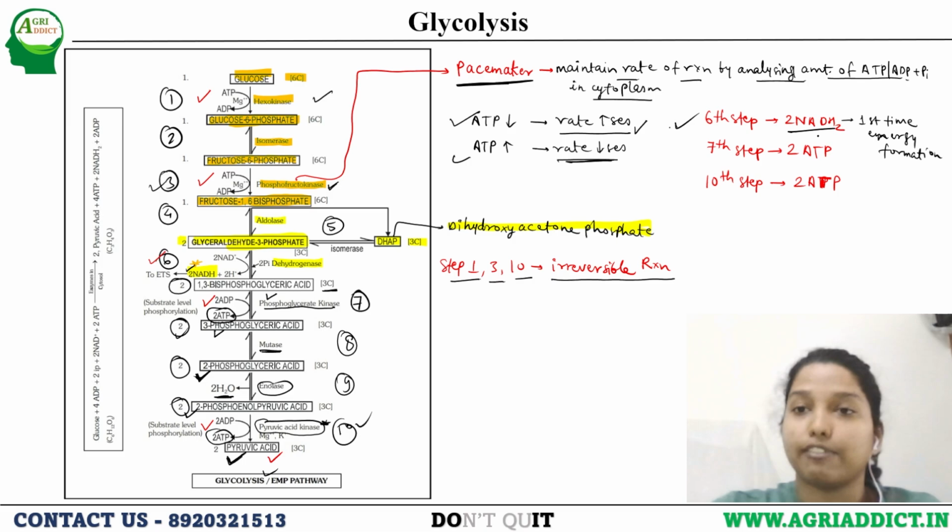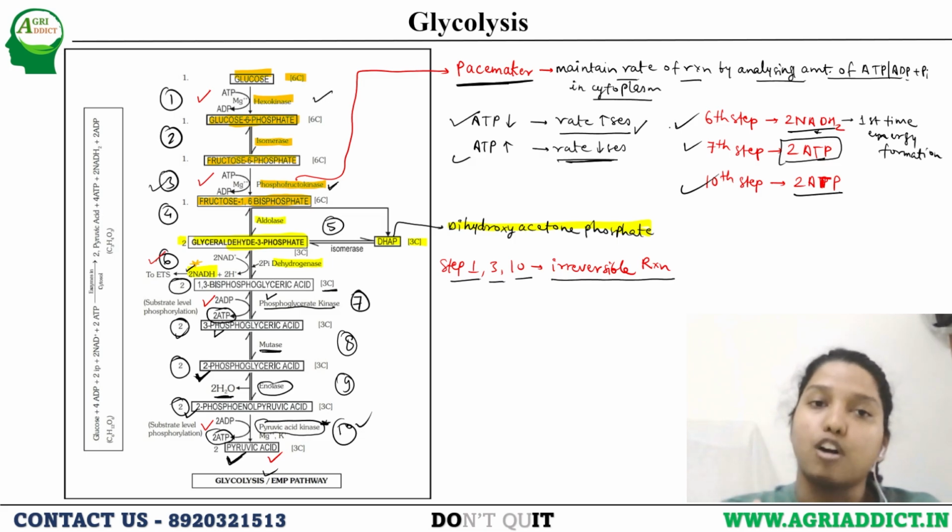And as I told earlier, in the sixth step, we are getting energy in the form of 2 NADH2. Here, first time we are getting the energy. In the seventh step, we are getting 2 ATP. And in the 10th step, we are getting 2 ATP. So I hope you have understood this process, glycolysis, how we are moving forward from glucose to two molecules of